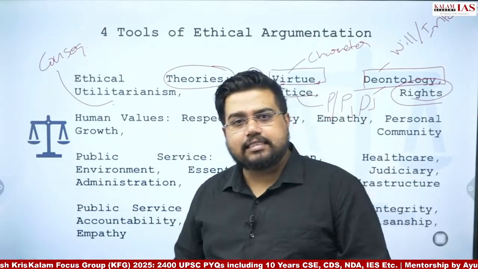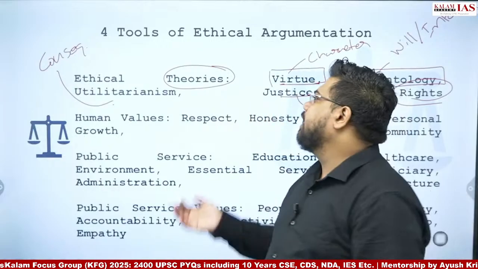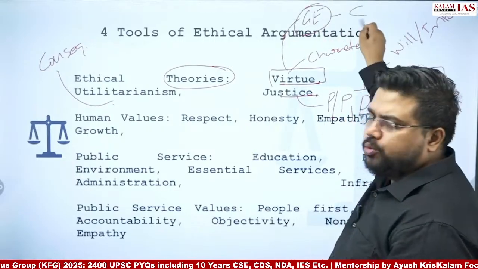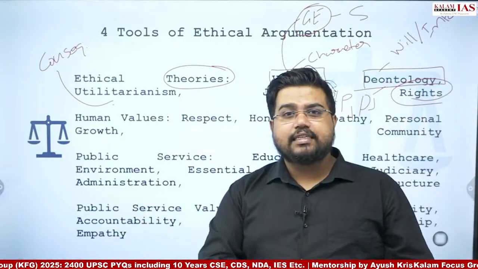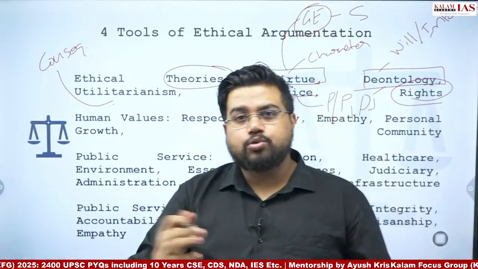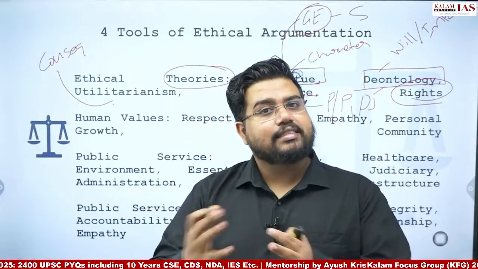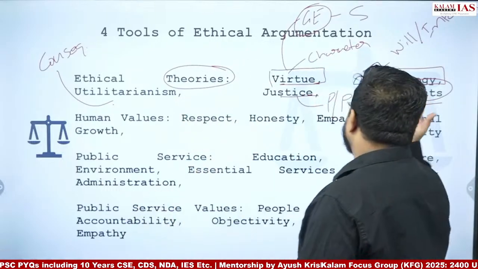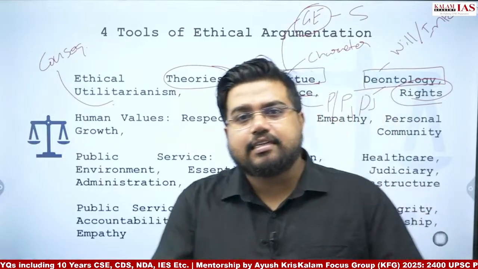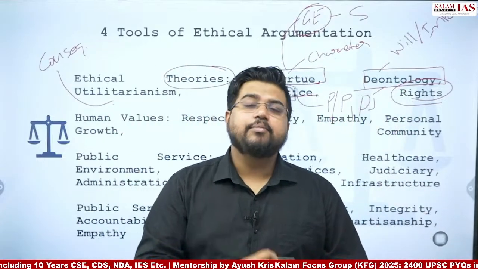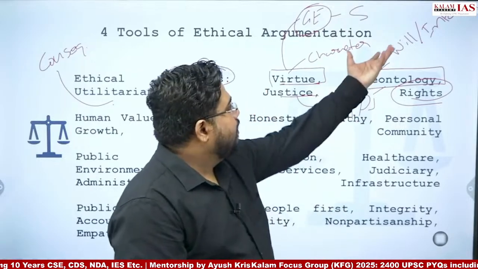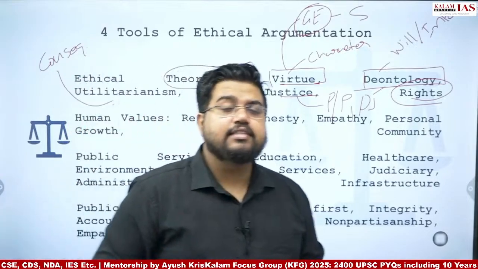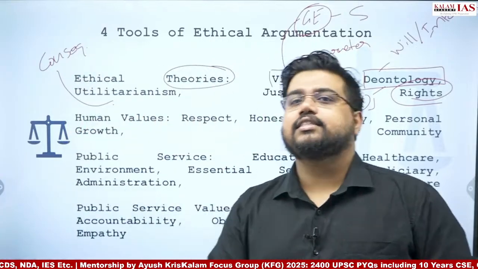Now, when writing answers, you can elaborate on this. You can elaborate virtue ethics into Greek ethics. You can bring in some concept of Socrates or Aristotle, like the golden mean concept. You can bring in Plato's allegory of the cave. You can bring in Buddha's Madhyam Marg approach. You can again divide deontology into different heads, like considering humans an end in themselves, considering will or intention. Utilitarianism, again, you can divide into act-based utilitarianism and rule-based utilitarianism.